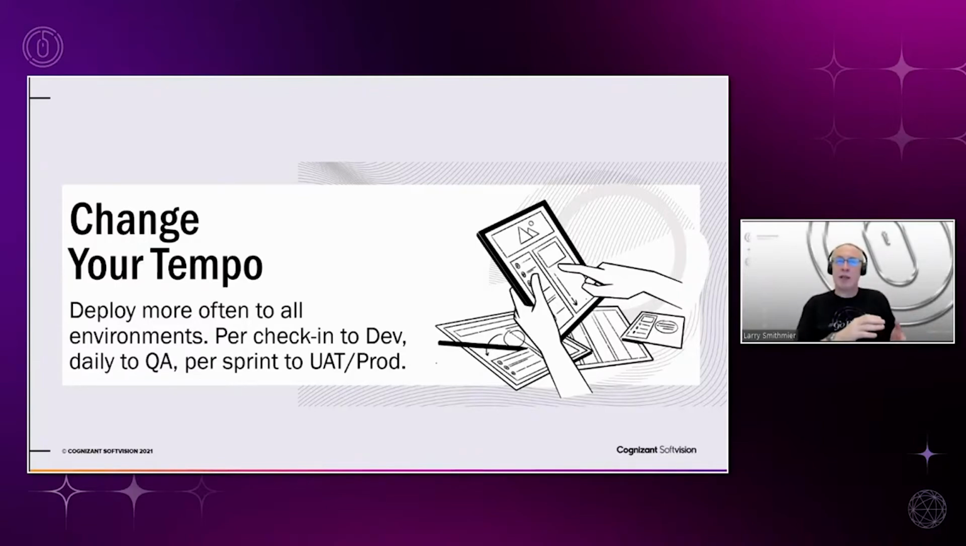Cloud requires, or should, in a good environment, require a different tempo. And that means that we're deploying more often, and we deploy to all of our environments. We hear people talk about continuous delivery, and this is really what we want to do. So in most of the engagements that I'm a part of,